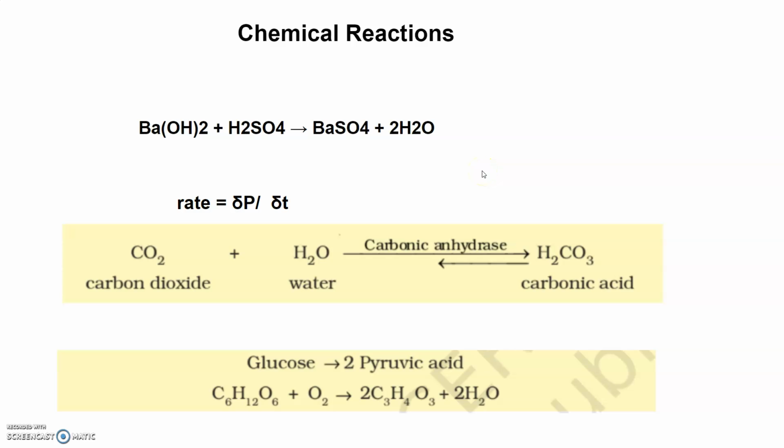So catalyzed reactions proceed at a very high rate as compared to the uncatalyzed reaction. So when an enzyme catalyzes a reaction, the rate would be higher than the uncatalyzed reaction. For example, here you can see carbon dioxide reacts with water under the effect of the carbonic anhydrase enzyme and gives rise to carbonic acid. In the absence of this enzyme, this reaction is very slow,